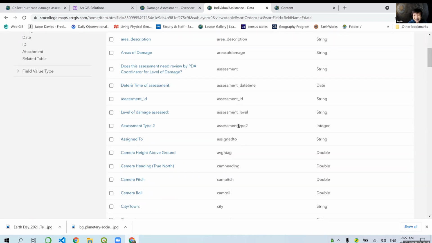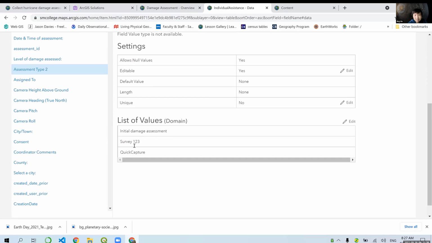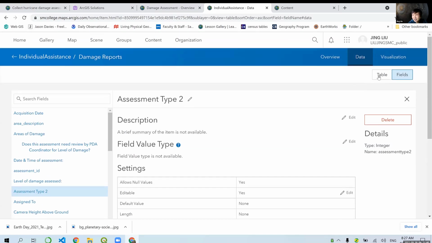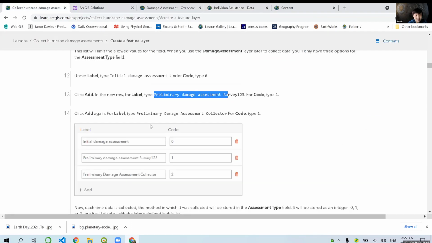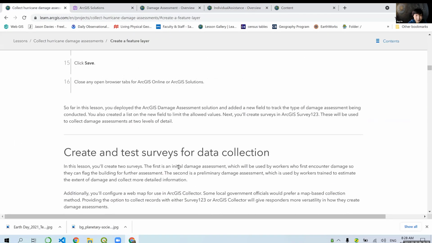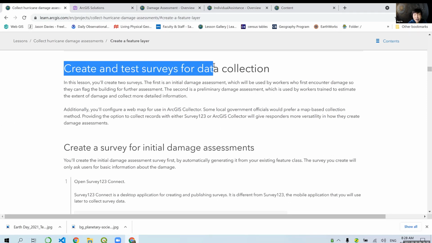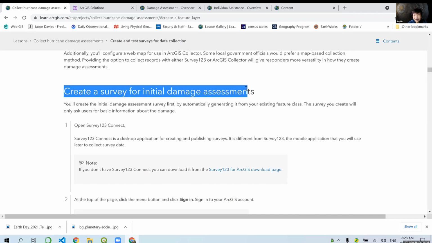Okay. So anyway, you just add this one, and if you open this one, you can see this is what I created, the list. Okay, the create a list option is in the add new field right here. So follow here, no problem. And then the next step is you need to create and test a survey for data collection. Okay, so you need to create a new survey for the initial damage assessment